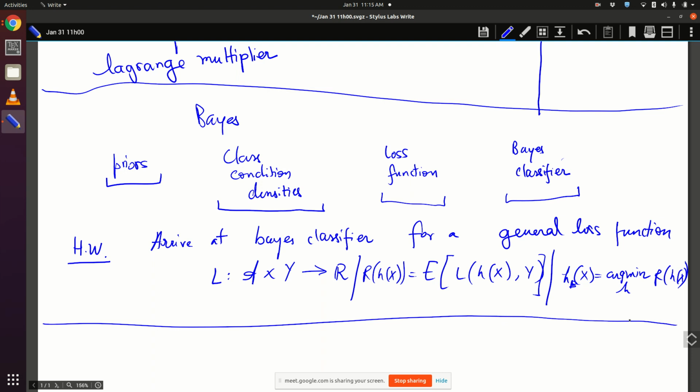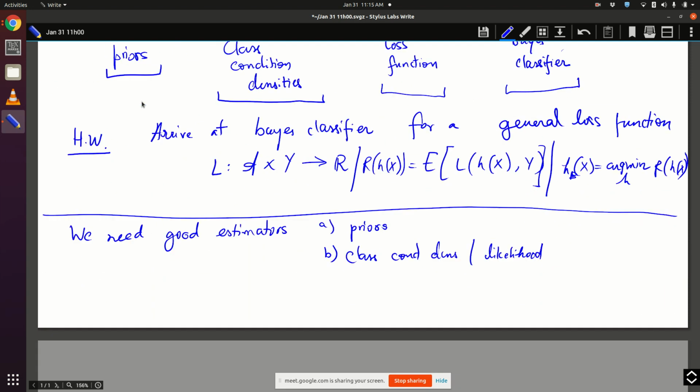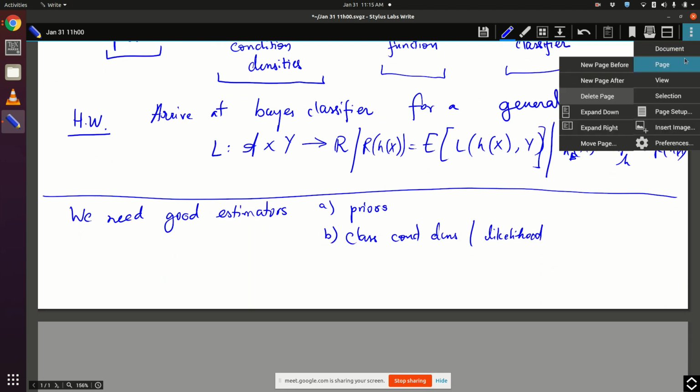We need estimators. We need good estimators for all these things, for priors and for even class conditional densities, which are sometimes also called likelihood. So we need good estimators for these quantities. And since we need good estimators, but we are given data, the question that we were trying to address is